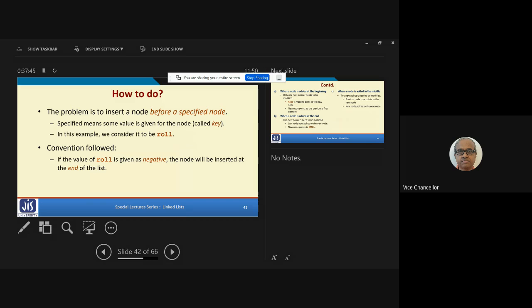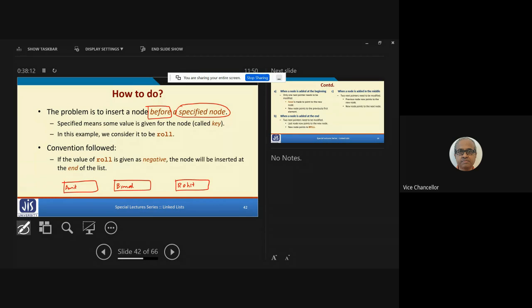When I say inserting, I am saying that I specify some node and I have to insert a new node before that particular node. For example, I have 3 students already entered. Let's say first student is Amit, second student is Bimal, third student is Rohit.